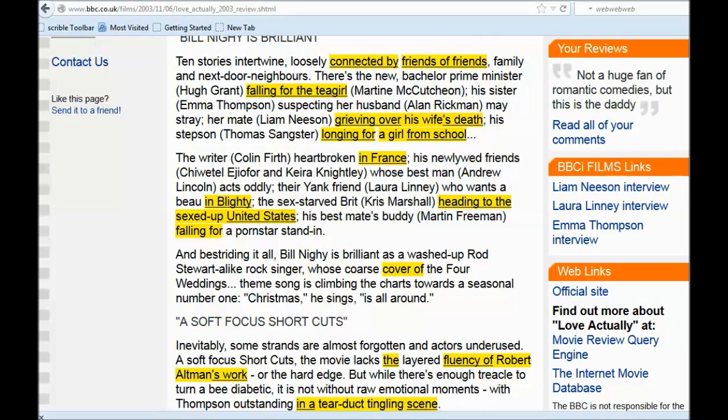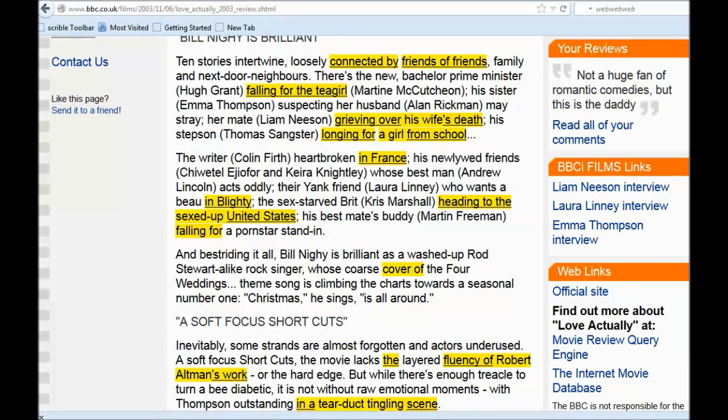The next one we've got is the fourth line. And blighty is a very British word for Britain. It's another way of saying Britain, blighty, but it's very British. So recognize it now, but you don't need to use it. It's very old-fashioned. But again, because blighty means Britain and Britain's a place, it's in.